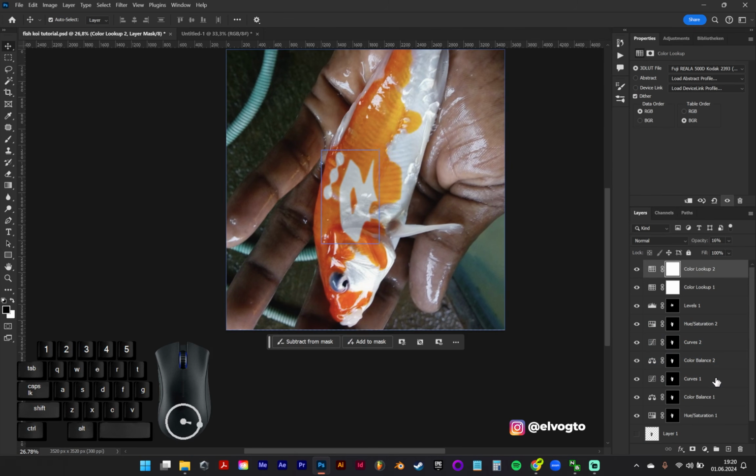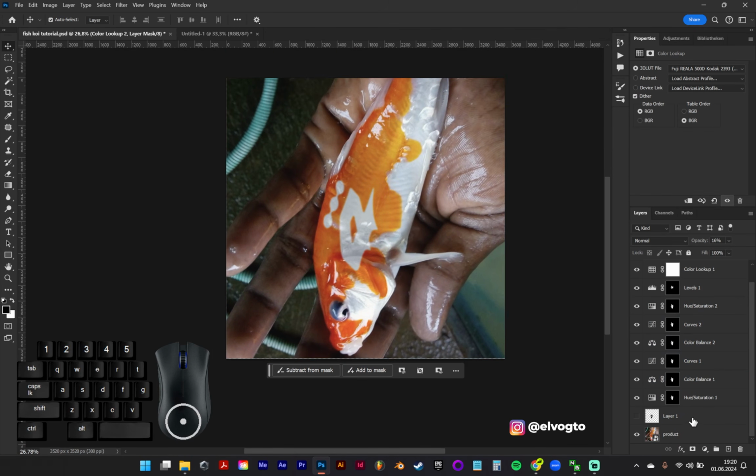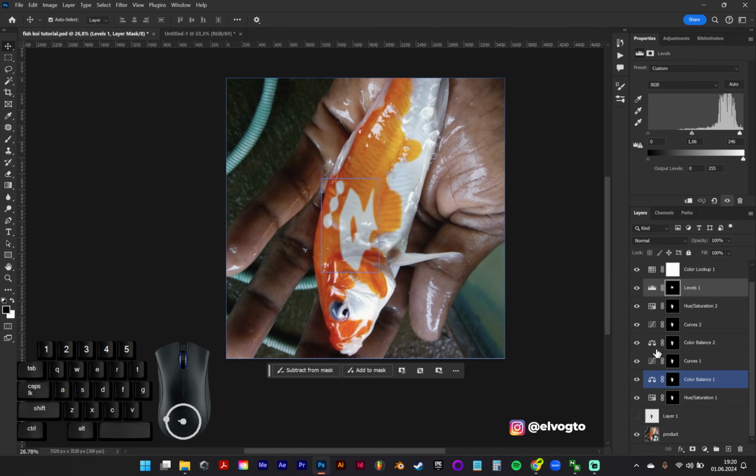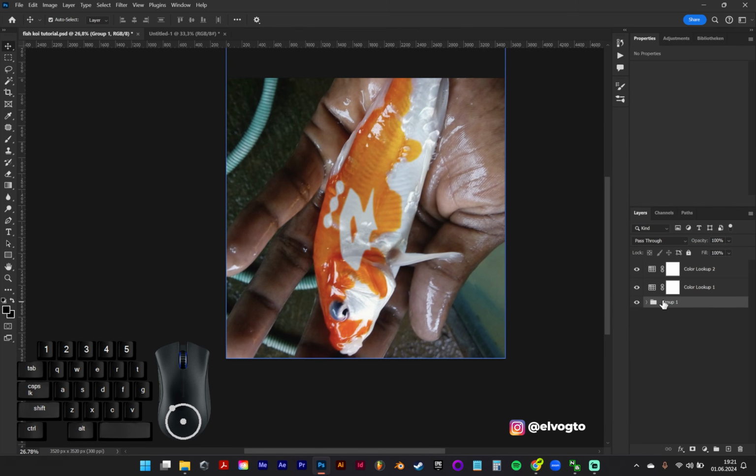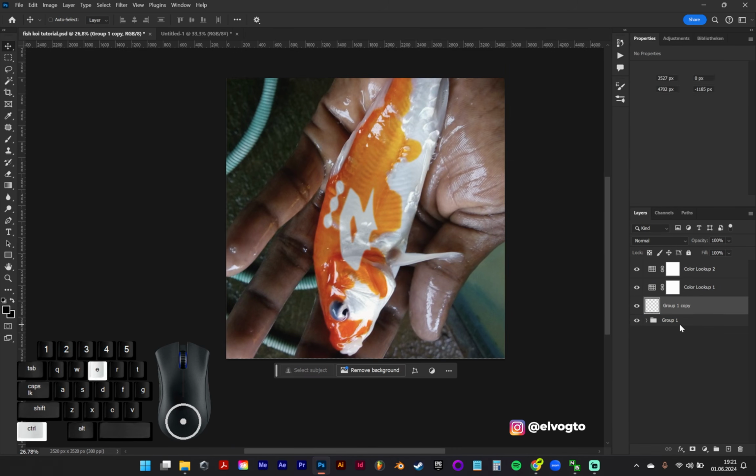This one is fine. What I also like to do is select everything I did with this original photo. So in this case, these layers, I group them with Ctrl G. I copy the group by dragging it on this plus sign, Control E to make it one layer. And then you can, for example, also